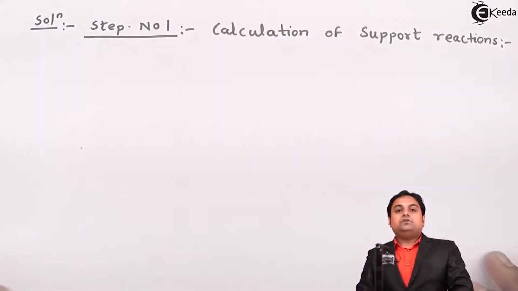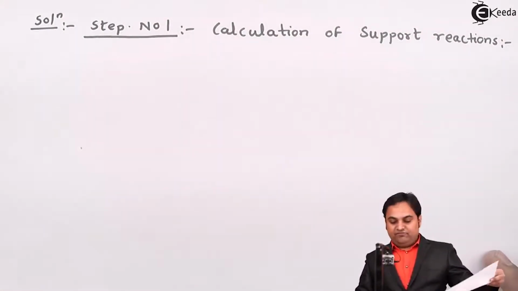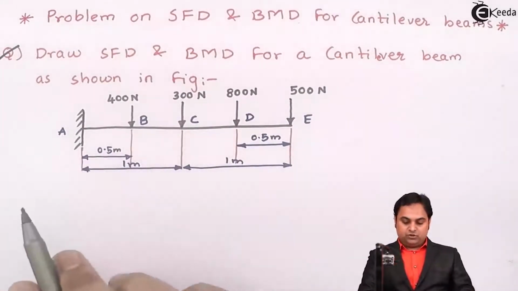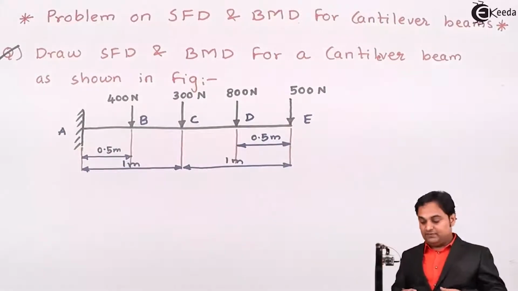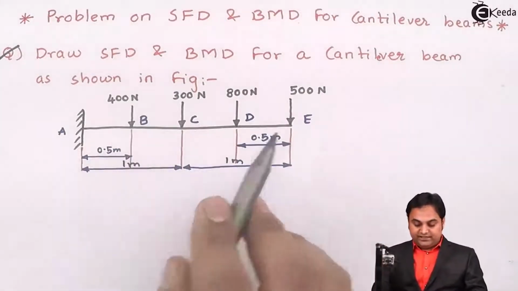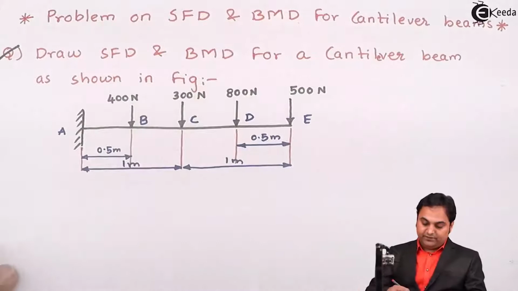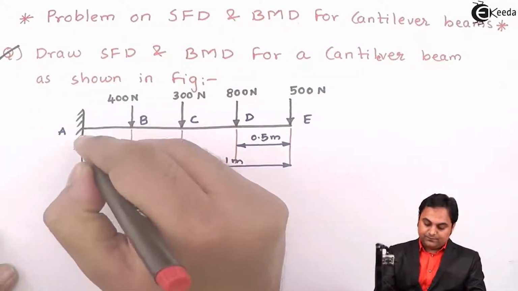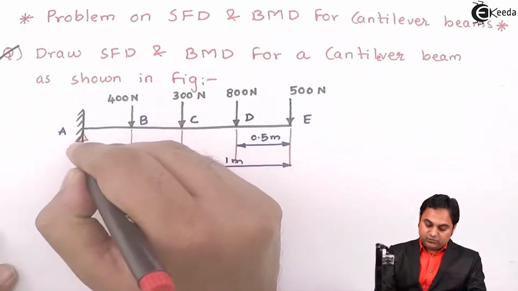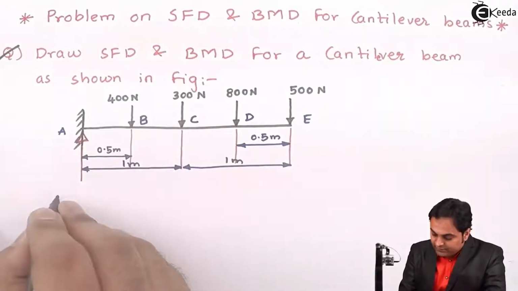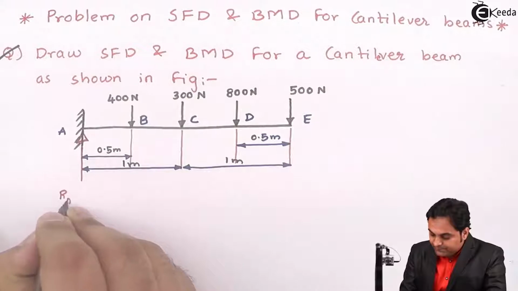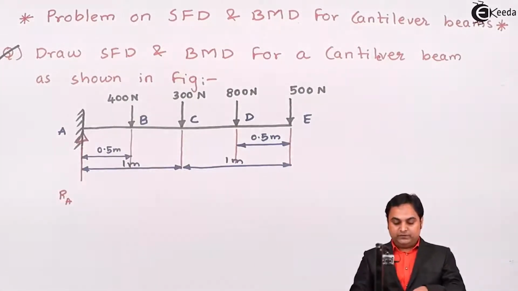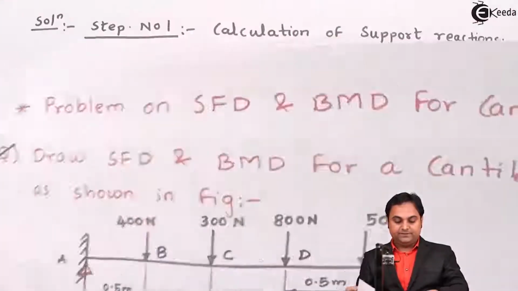While calculating the support reaction, if we see here, one end of the beam is fixed. When the load is acting, and as we can see, all the loads are acting in the downward direction, it means at the support A there will be a vertical reaction. This vertical reaction will be called reaction at A, and this is what we have to calculate. So I use the condition of equilibrium, that is